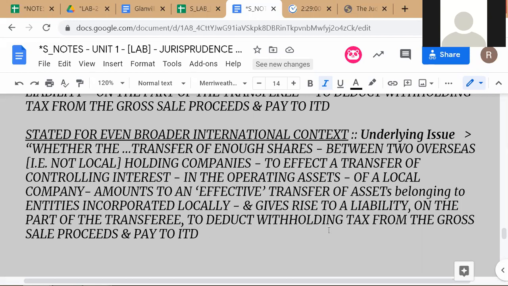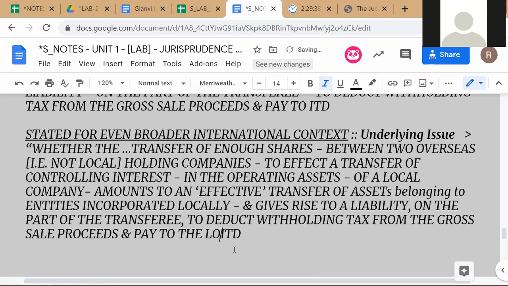Generally, if there is a transfer of assets belonging to entities incorporated locally, or a transfer of assets which are essentially deemed to be local assets, then it will give rise to some kind of a withholding tax liability for the person who's paying the sale consideration, that is the transferee. And therefore it gives rise to a liability on the part of the transferee to deduct withholding tax from the gross sale proceeds and pay to the